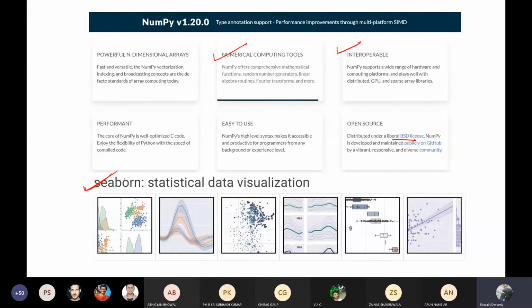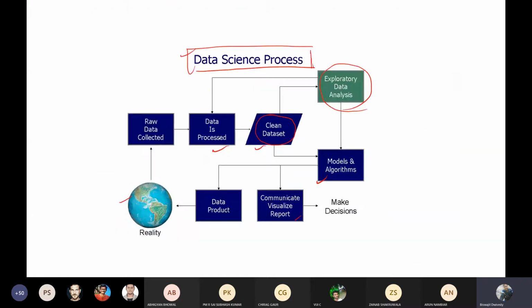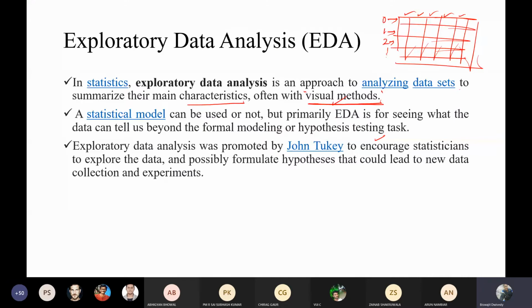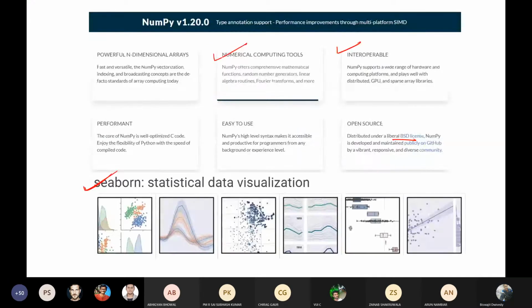Okay, as I have already told you from the beginning, exploratory data analysis is a method of understanding the data by some visual methods. So definitely we are going to plot some graphs, we are going to have some charts, or there will be several types of pictorial views. So for that purpose, this Seaborn.